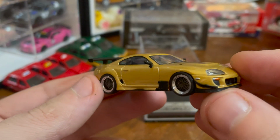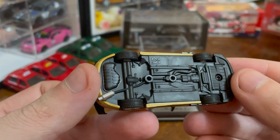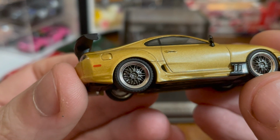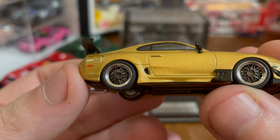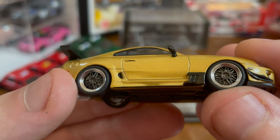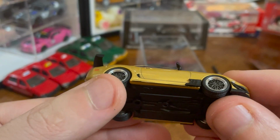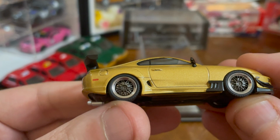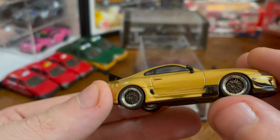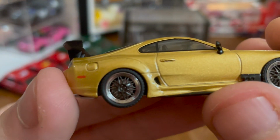The aero looks cool. The bottom's a little detailed, I guess. These wheels are really cool. Not only do the wheels not move, but when they do move, like these front ones, the brake disc behind it does not move. I guess it kind of moves here too. You're designing a car where you know that the wheels aren't going to move, but you still make sure that if they do move, it's realistic. The brake disc stays in place. How does Ignition Model handle their...